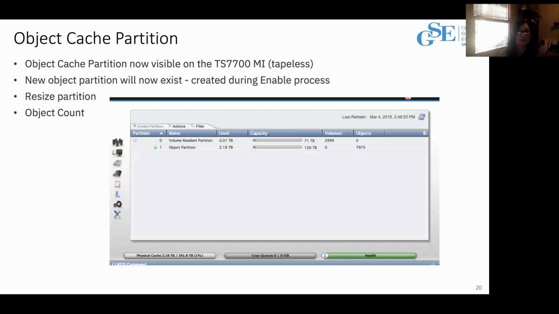Okay, so once you have enabled that DS8000 object store on the 7700, you can go onto the cache partition page. And here is where you're going to resize that partition. If you are a tape or cloud TS7700 backend user, you'll know this page very well. But if you are a tapeless, then you might not have ever seen this page before, because it doesn't really apply. It never applied until now to a